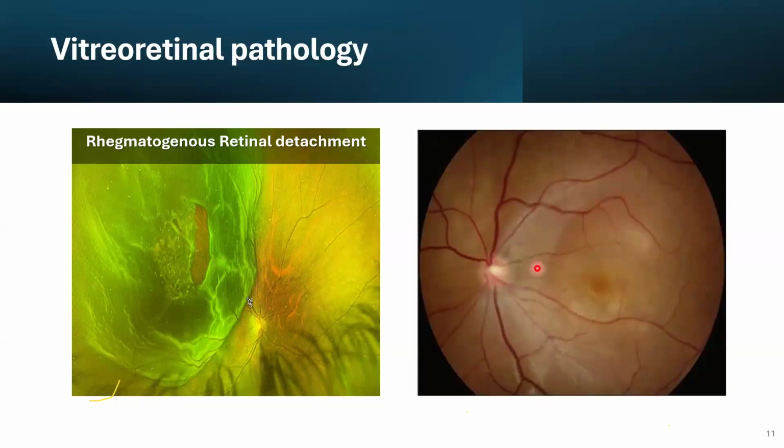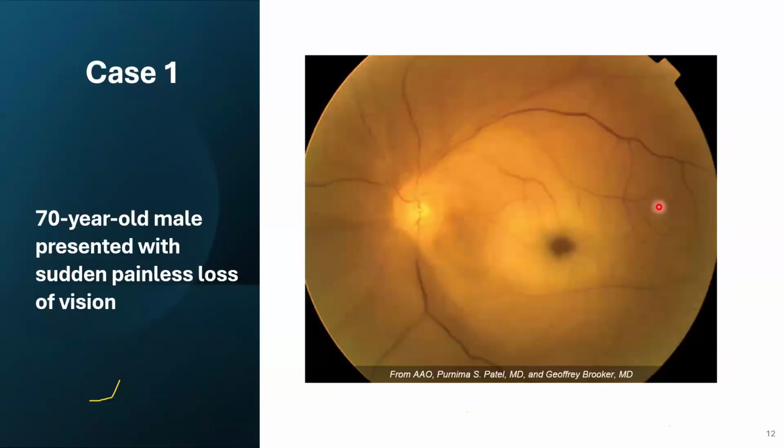In this example, it might be subtle, but this area is a bit elevated, and this is detached. And we call this exudative retinal detachment. So when you appreciate the blood vessels here elevated in this area, probably you will appreciate it more in the 3D image, but this is exudative retinal detachment from an inflammation.